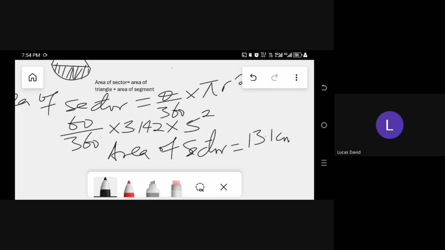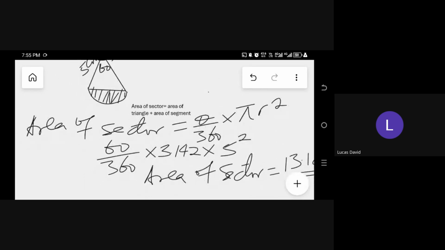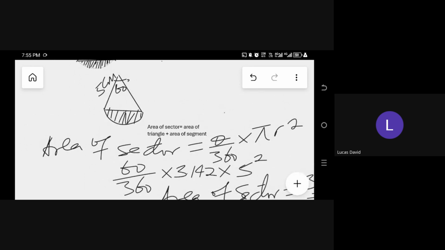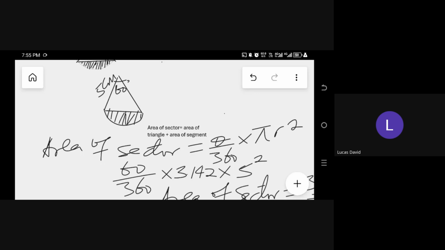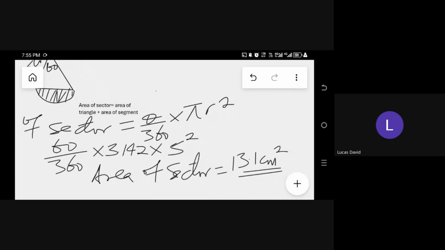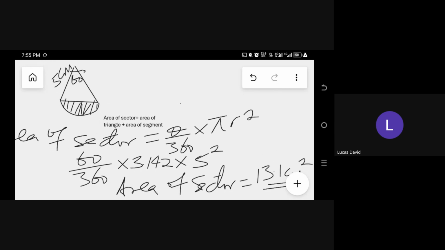13.1 centimeters squared. So this is the area of the overall sector we have here. This is the area of this overall sector, 13.1 centimeters squared. Now, this sector,